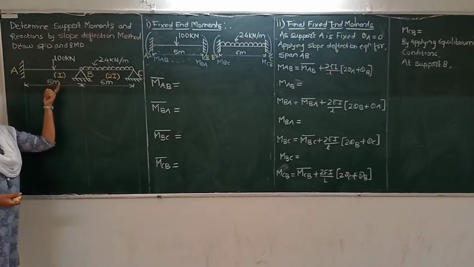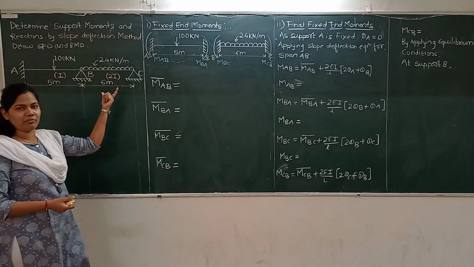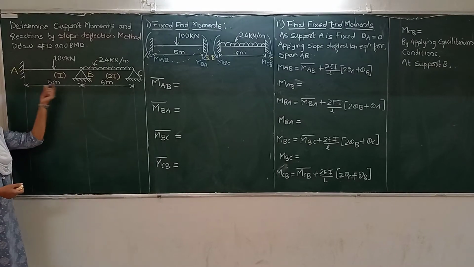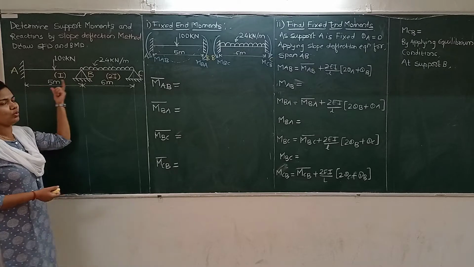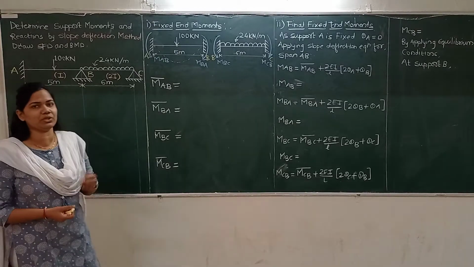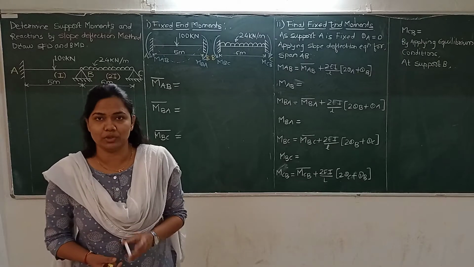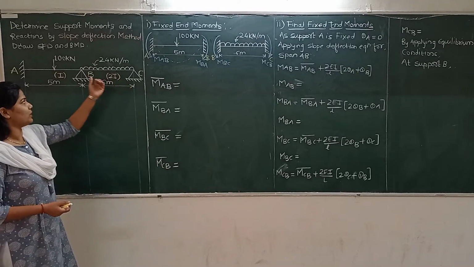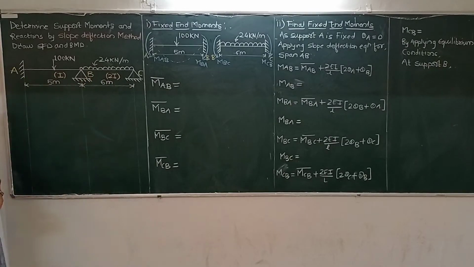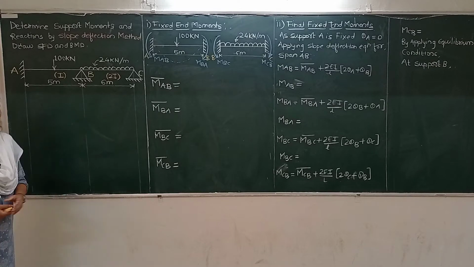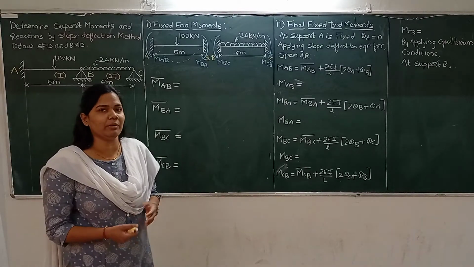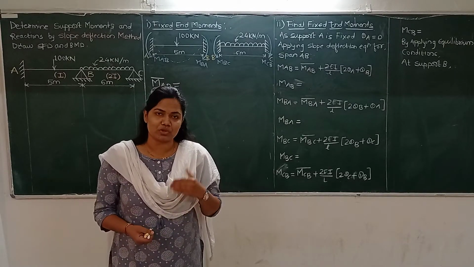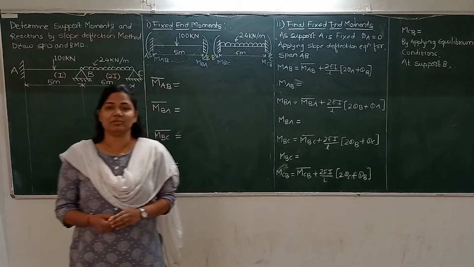The moment of inertia for span AB is given as I and the moment of inertia for span BC is given as 2I. If you have to find the support reactions or unknowns of this continuous beam by static equilibrium equations alone, then we cannot solve the unknowns, because if you count the unknowns in this beam, there are hinge supports at A, B and C. So the number of unknowns is definitely more than the number of available static equilibrium equations. So this beam we cannot solve by equilibrium equations, and it becomes an indeterminate beam.